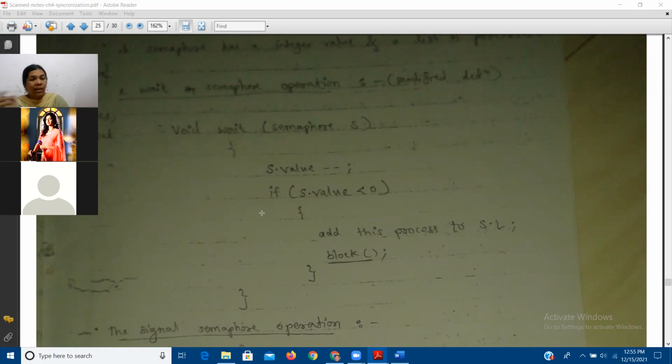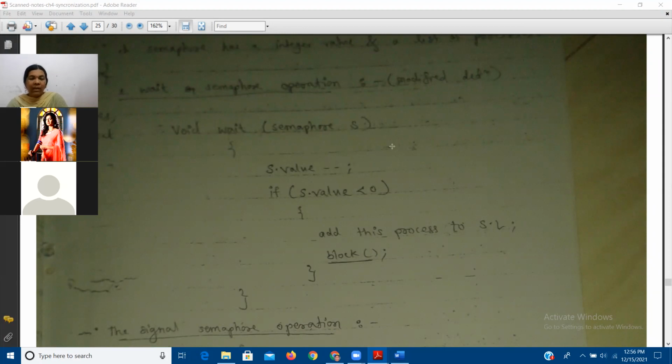Like that, in case of the n process solution, if n number of processes are trying to enter their critical section, and the critical section is already busy, then instead of allowing them to do busy waiting, you can add such processes to the waiting list and make their state blocked, that is waiting. So here two statements are there: add this process to S.L and block. Block indicates that the state of such processes will be set as blocked. Block is in the sense waiting. Set the state of all those processes to waiting. So all these processes are waiting to enter inside the critical section.